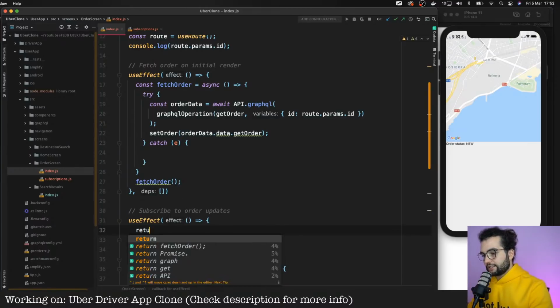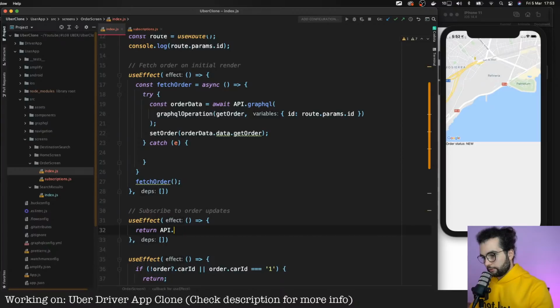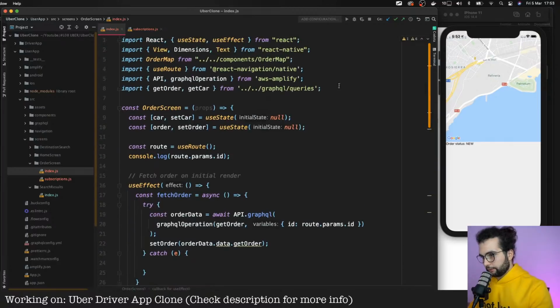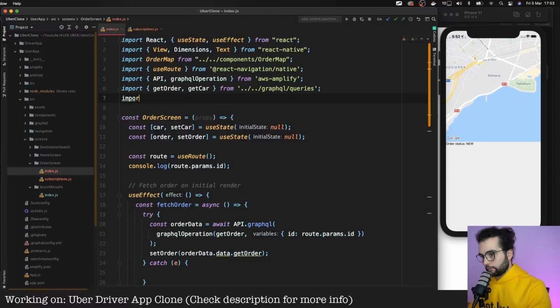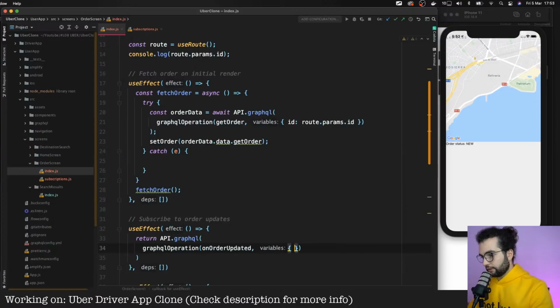So we can say that we will return API dot subscribe dot GraphQL, GraphQL operation. The operation will be, we didn't import it yet, right? Import from subscriptions on order updated. On order updated is the operation, and also we need to send the ID of an order.